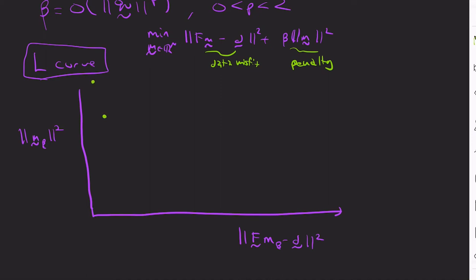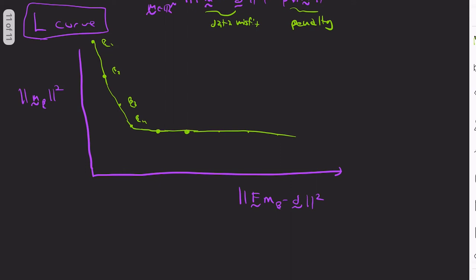And so the idea is that you sample different values of beta, so this is, say, beta 1, beta 2, beta 3, beta 4, and so on, so that you can trace out this curve where your vertical axis is your penalty term, and the horizontal axis is how close you're fitting the data. And so the L-curve